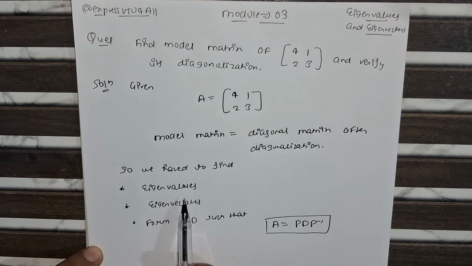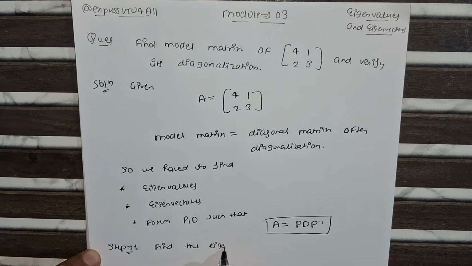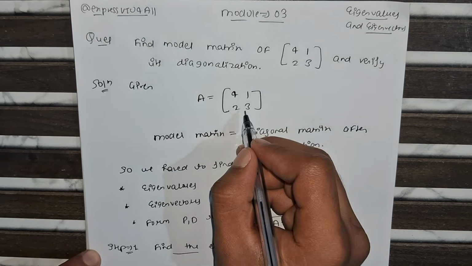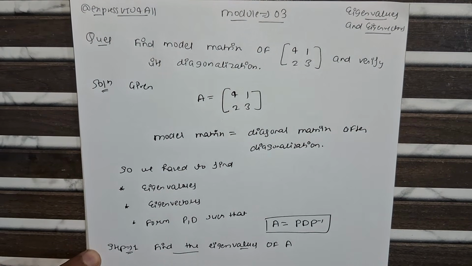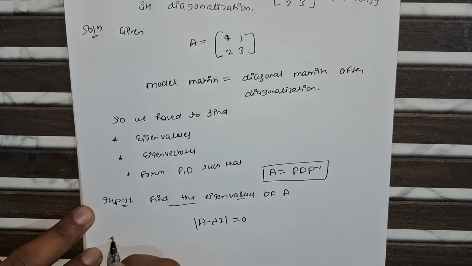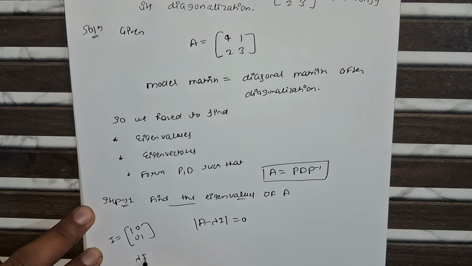So what is the first step? We have to find the eigenvalues. So step 1, find the eigenvalues. How can we find the eigenvalues of A? Because this matrix we consider A. So this is nothing but determinant of A minus lambda into I equals 0. First we understand what is I. I is nothing but the identity matrix which is [1, 0; 0, 1]. So first we find lambda into I, which is nothing but